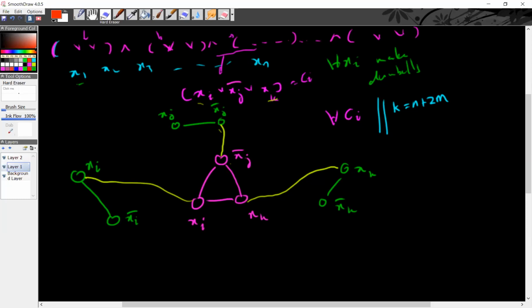Okay, so the intuition, right? If you're lost in all of this, because this might sound weird, we took a formula and somehow turned a formula into a graph. What's that all about? The intuition, you should think about this: if you want a high level intuition perspective, what we're trying to do is to say, hey,